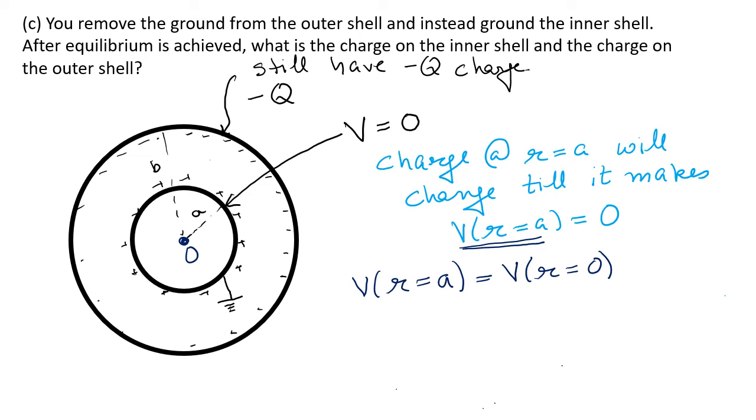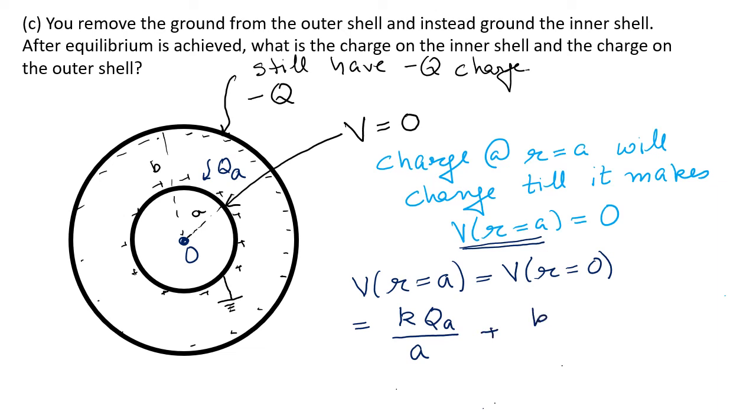Let's assume that there is charge QA present on the inner sphere. So the potential at R is equal to 0 is going to be the potential due to the charge which is present at A, total charge because it is the same distance away from the origin,